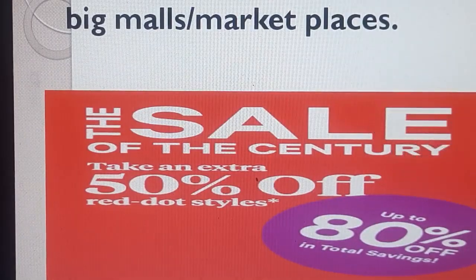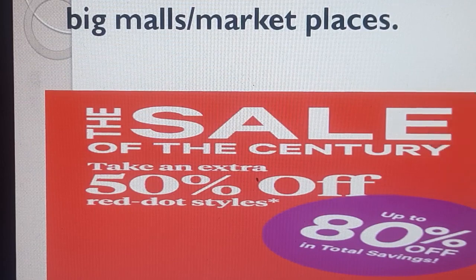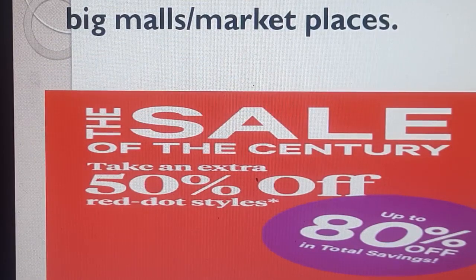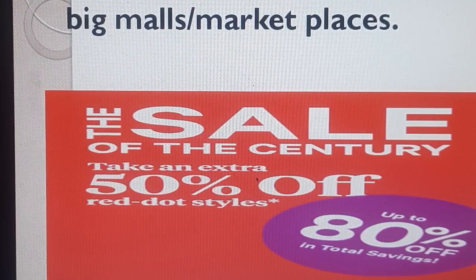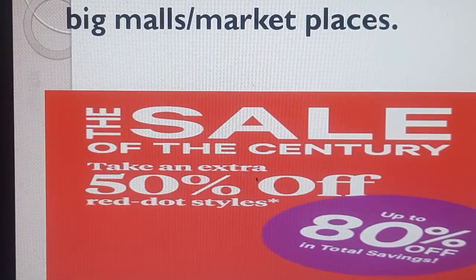So now have you understood the meaning of this? 50% off, 80% off, up to 80% off means if it is said that on any object, suppose on any toy, there is 80% off. It means if the cost of the toy is 100 rupees and you are getting 80% off, it means 100 रुपये पे आपको 80 रुपये का डिस्काउंट है, 80 rupees का डिस्काउंट है. So you have to pay only and only 100 minus 80.